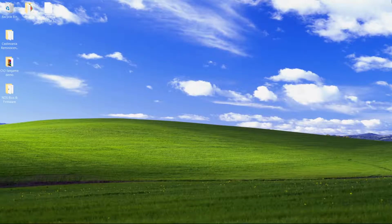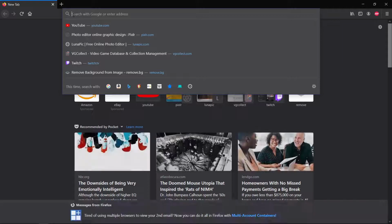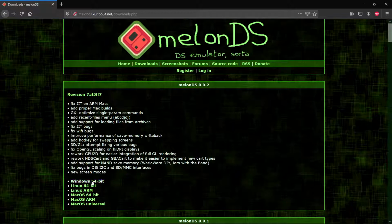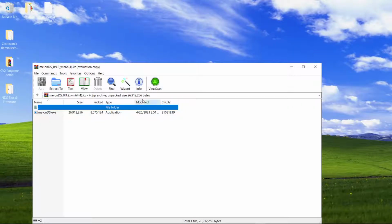Alrighty, today we'll be showing you how to download and install the MelonDS emulator and run DS games on your computer. So to start off, you're simply just going to want to type in MelonDS into your search browser, go to the downloads, download whichever port for whatever operating system you have. I have Windows 64-bit. You'll click on it, it will download, and then after that,